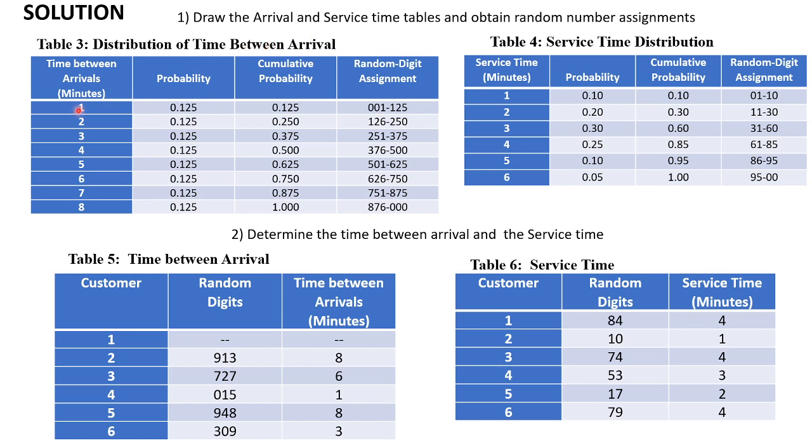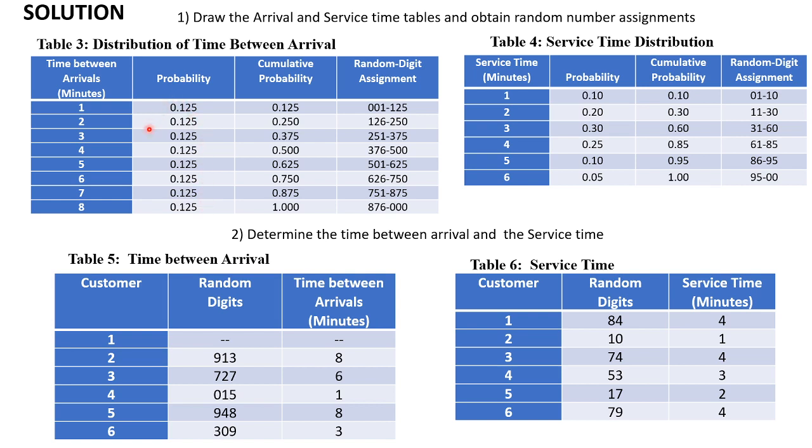So we have the time from 1 to 8 minutes. That is the inter-arrival time distribution. Then the probability of occurrence of these inter-arrival times is each going to be 1 divided by 8, because they all have the same probability of occurrence. So we have 1 over 8, which is 0.125, 0.125, 0.125 throughout the same.